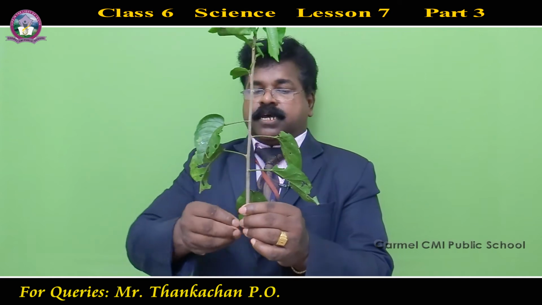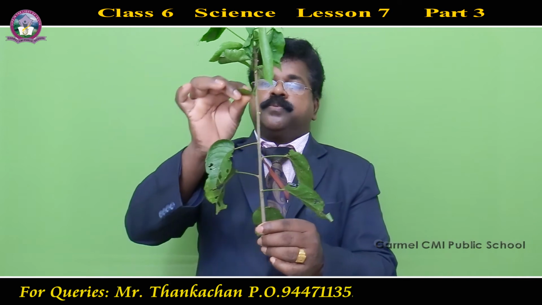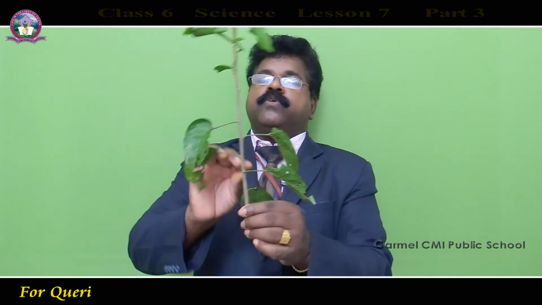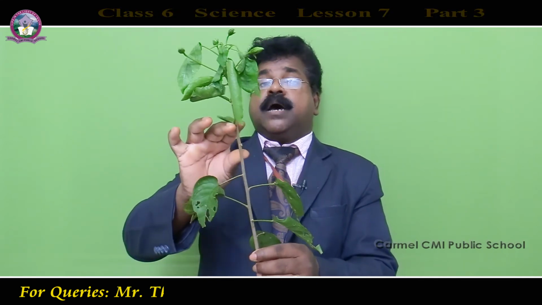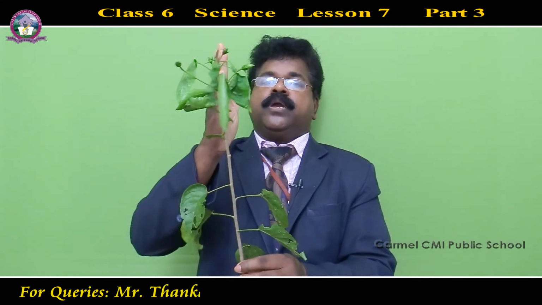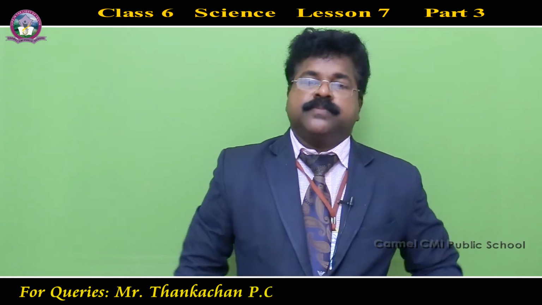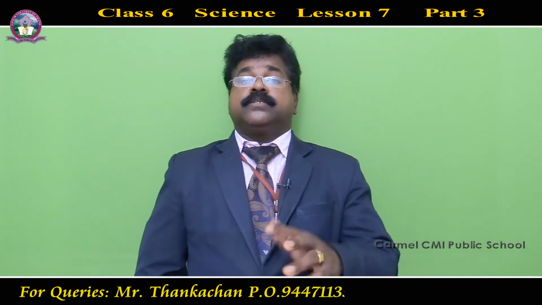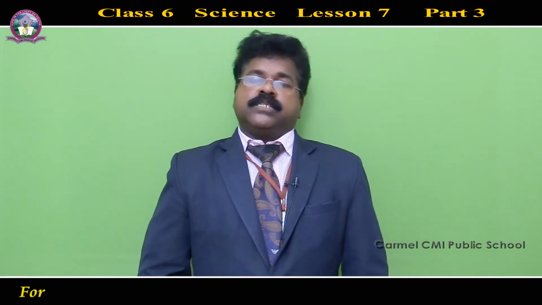One is transporting water towards the upper part. At the same time, they will transport the food material towards the root also. So on one side the water, on the other side the prepared food. Both are traveling through the same stem. The conduction happens through the stem. One way water is going, the other way food materials are coming down. So green plants prepare food material with the help of sunlight, water, carbon dioxide, chlorophyll, etc. Already you know that. That process is known as photosynthesis.